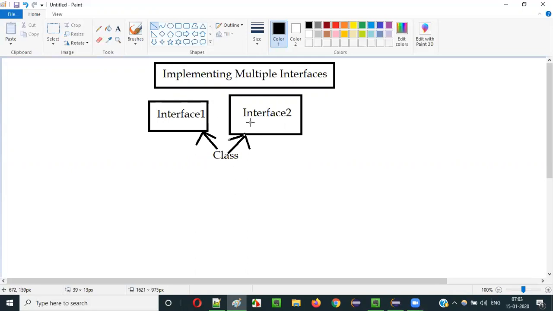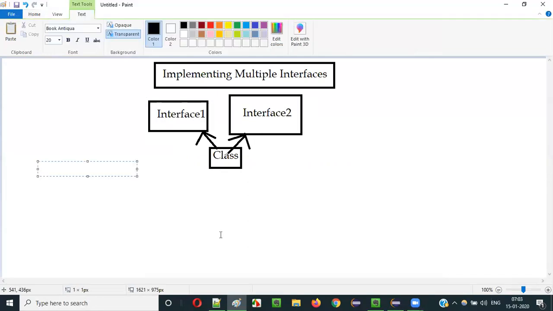So not only two interfaces, guys, as many interfaces as possible this particular class can implement. There is no restriction. A single class can implement multiple interfaces. Fine. So if you remember, in one of the previous videos, I explained about multiple inheritance,